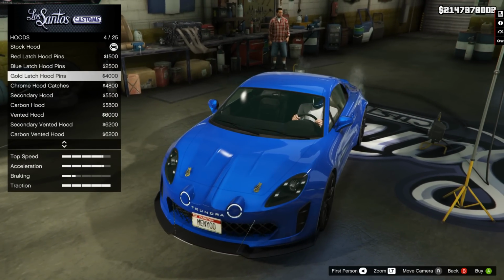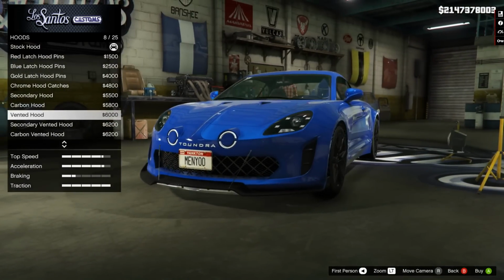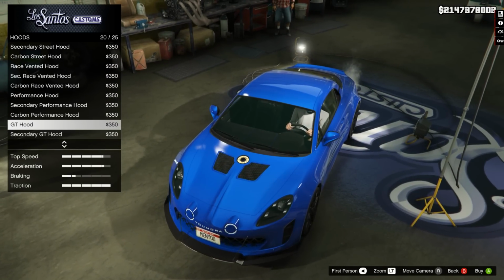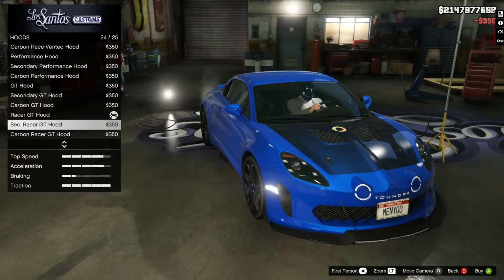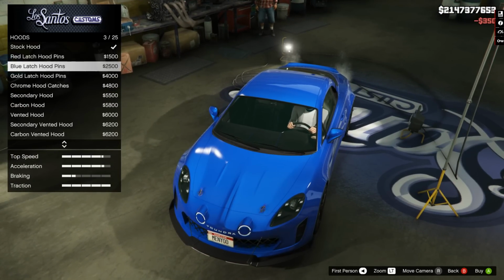Hood, got some hatches. You can change the color. You can also make it carbon. 25 of these different options, but again, a lot of them are just, is that supposed to be an exhaust? What the hell is that? There's just a hole in the car. We'll leave that on. So yeah, different options, one with carbon, one with secondary, one with primary, but those are